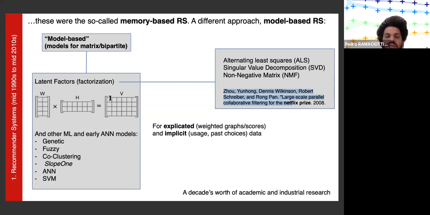Typically, if you do some kind of factorization, the new dimensions that appear here are latent features of something that defines what people base their choices on. So people have tried to compare these latent factors to things that could be measured, like what actors were in films, if these were users and films being recommended. The most famous idea is this matrix factorization, of which several flavors exist: alternating least squares, singular value decomposition,